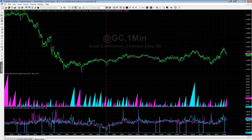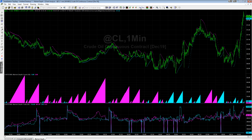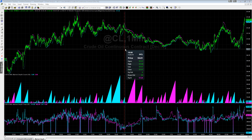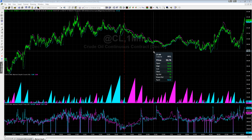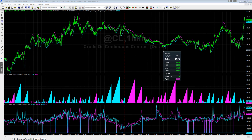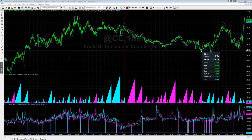I'm going to show you crude oil next. The price action today is a great example in crude oil. So for example, if you like to trade the long side of crude oil and you see all these purples kicking in, you might not want to go long just yet, unless you want to trade with big stops. If you want to trade with tight stops, all these purples are coming in here,